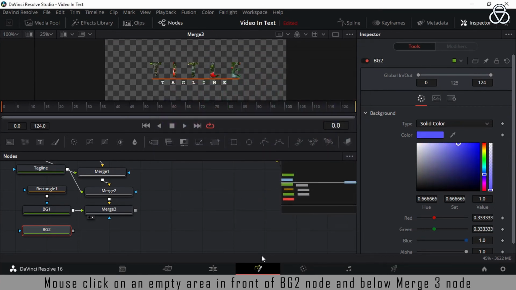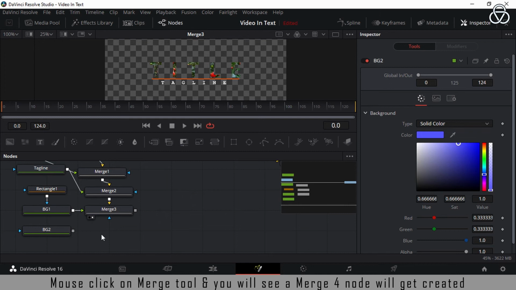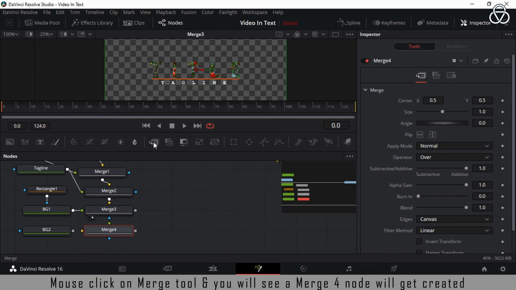Mouse click on an empty space in front of the BG2 node and below the merge 3 node. Then mouse click on the merge tool and you will see a merge 4 node get created.